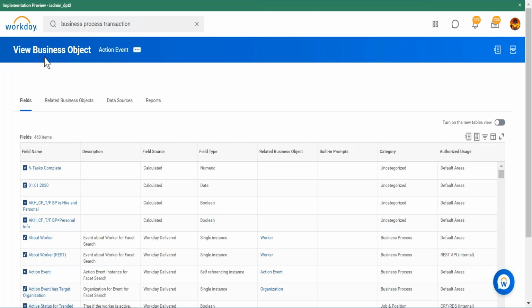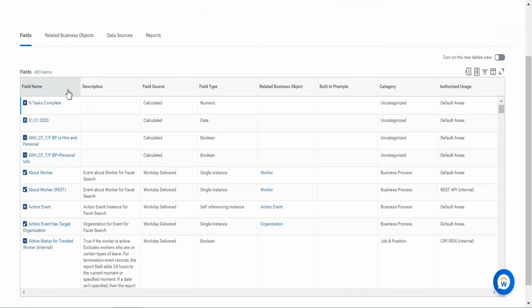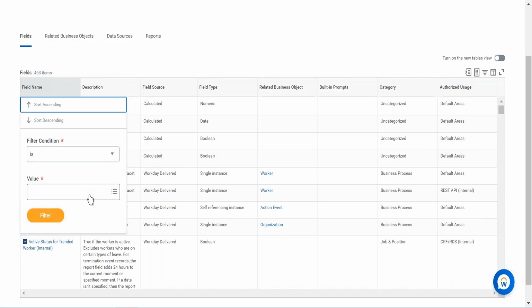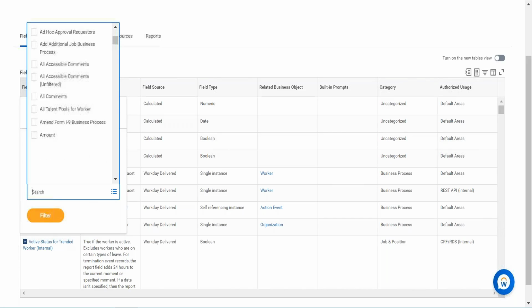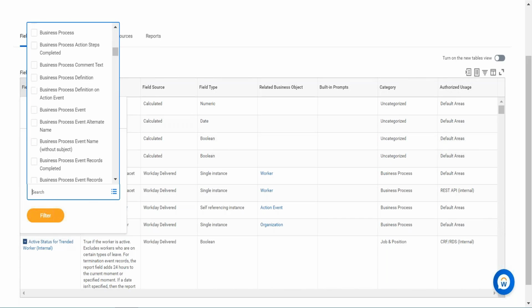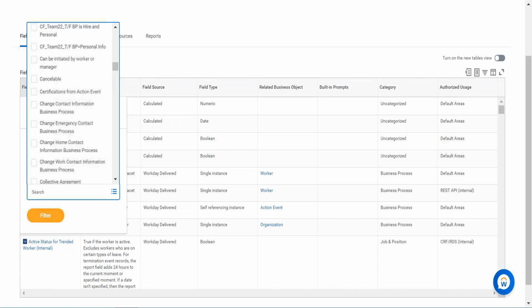Whenever you view a business object in Workday, these are the tabs which you can look at. The first is the fields. These fields are delivered on this business object. If you want any of these fields in your report, you can directly pull them on the action event business object. You can see a large number of Workday delivered fields,